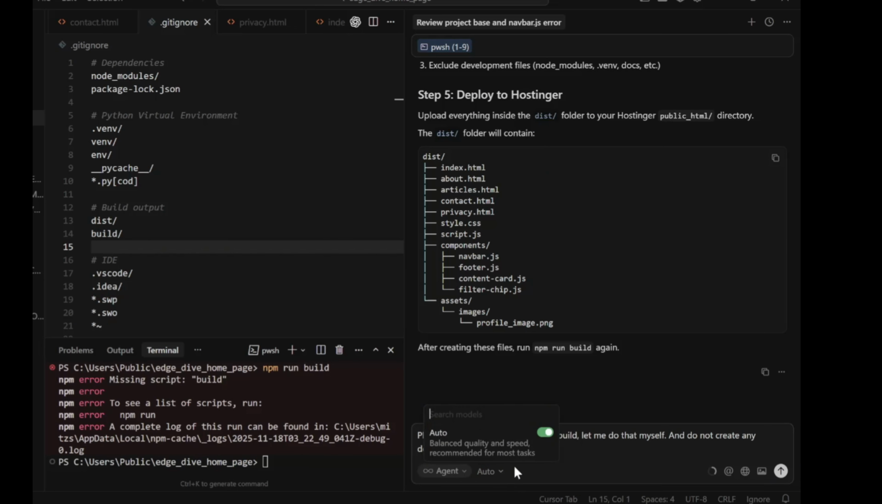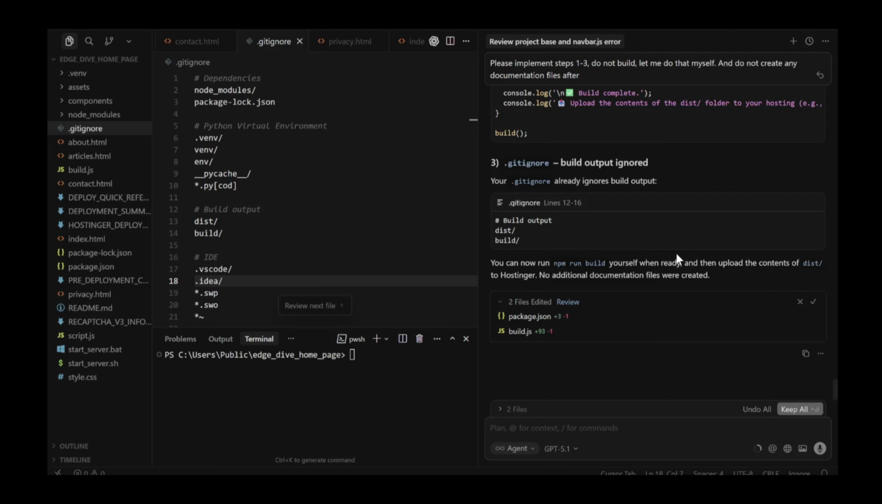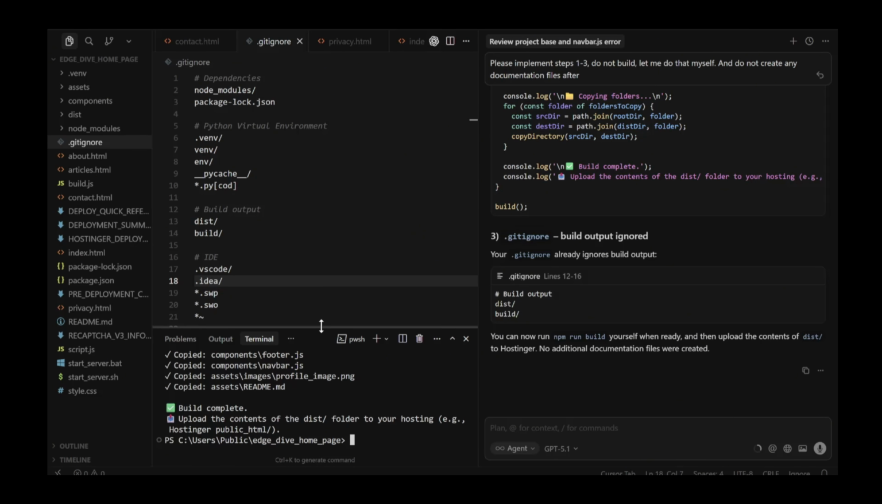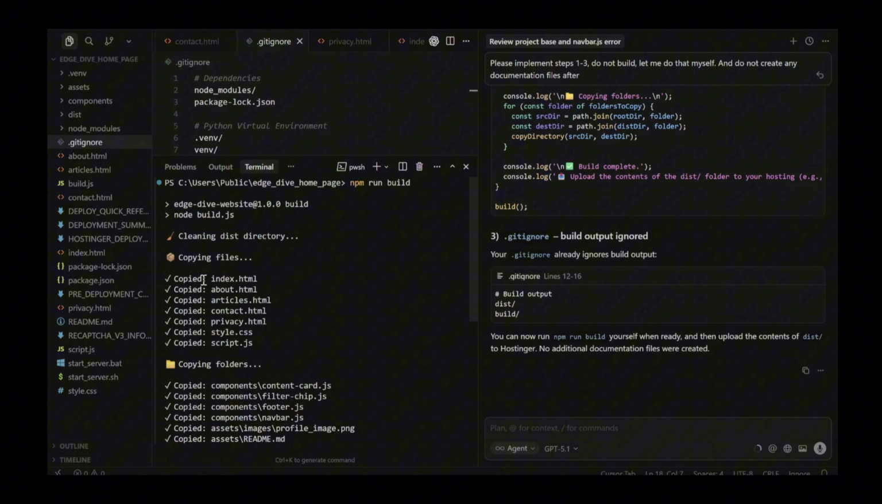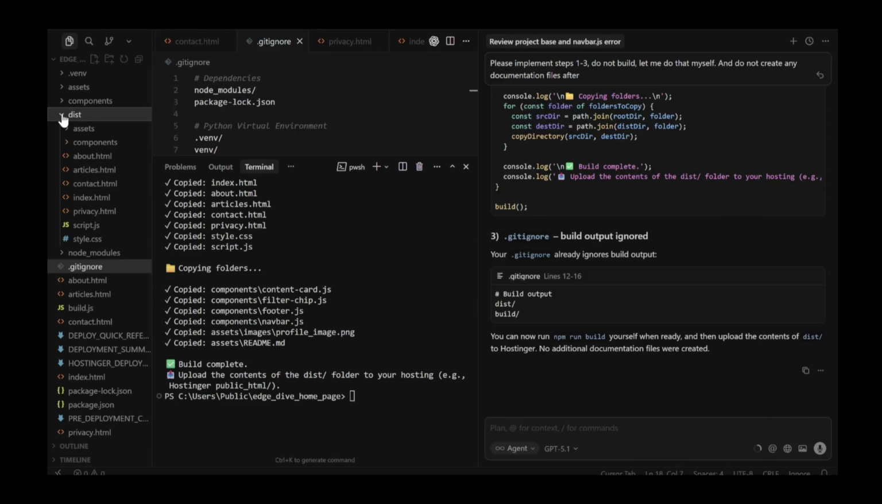I'm going to switch things up. I'm going to use ChatGPT 5.1. All right, so Cursor's finished steps 1 to 3 and has left the final npm run build step for us. So let's go ahead and run that. And before we click that, we'll keep all, then submit that to the terminal, and it went pretty fast. It did everything appropriately,